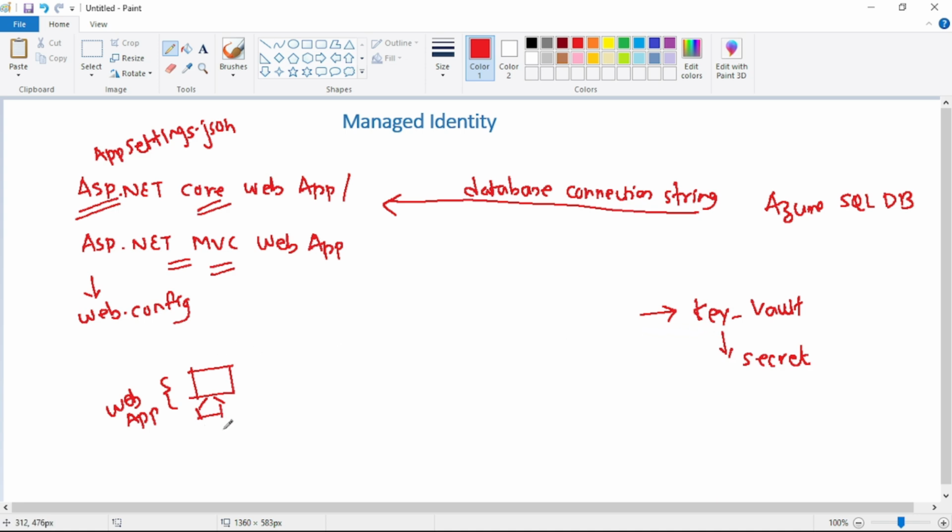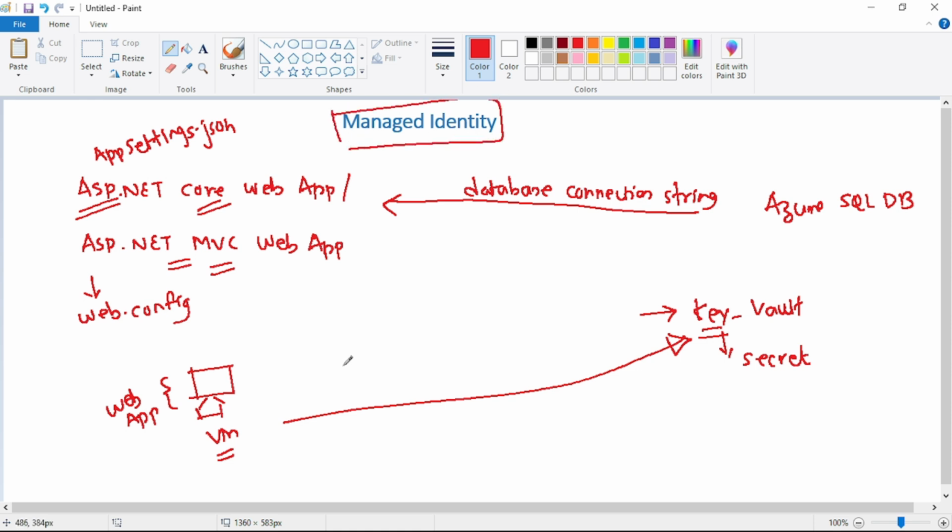But by default this VM, where we have deployed this web app, does not have permission to access this key vault, right? I mean, that's the whole idea of using key vault, that only an authorized user or only an authorized resource or only an authorized application should have access to key vault, right? So again, this VM does not have access to key vault, and such access or such permission we can provide through managed identity.